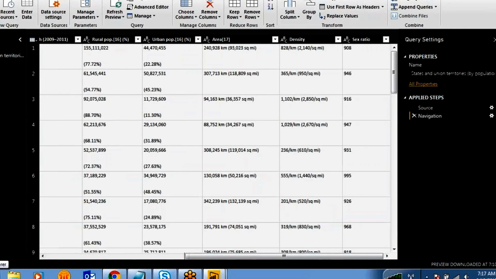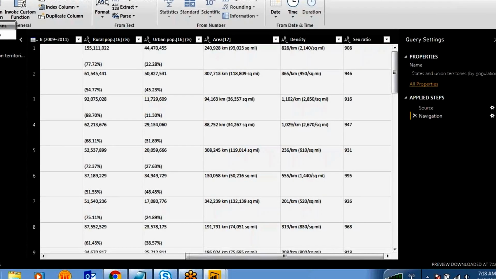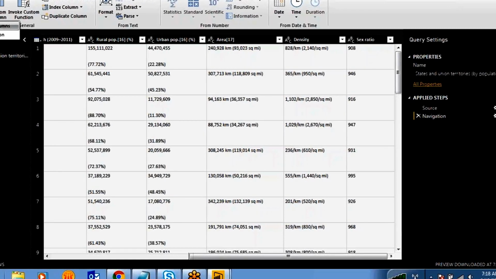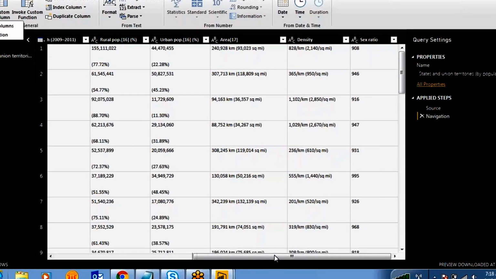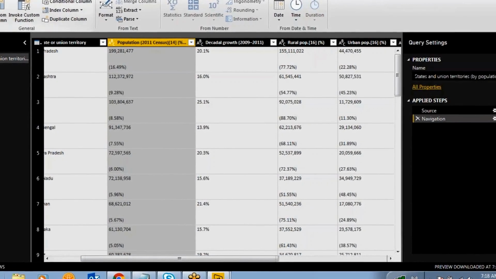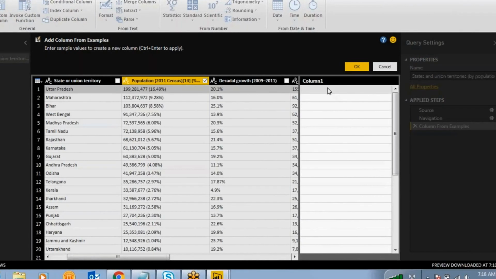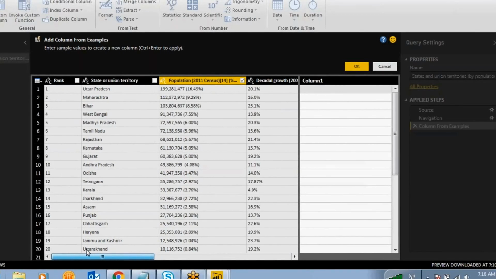So how can you create a new column? If you want to create a new column, just go to add column, and you can do one thing: column from examples. It is a beautiful option in the 2017 update. How can we do this? You just click on from all columns or from selected columns. From which column do you want to take this data? I want to take this data from this column. So from selection, see here, for example, if I am typing a value.